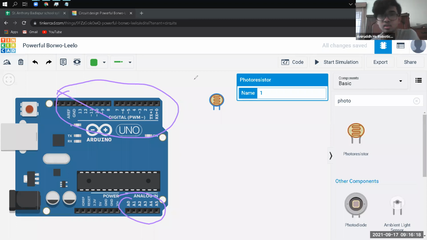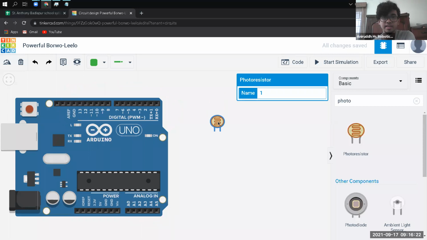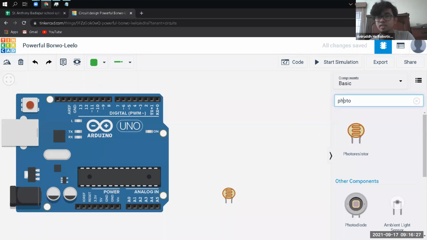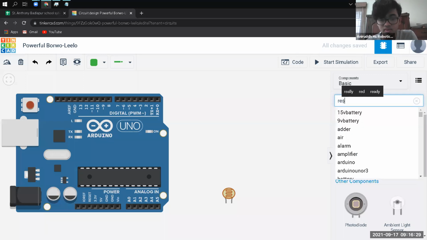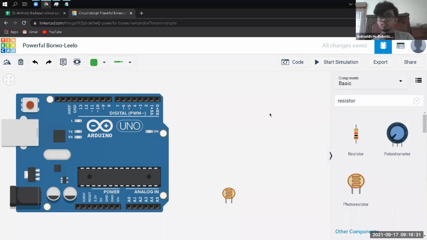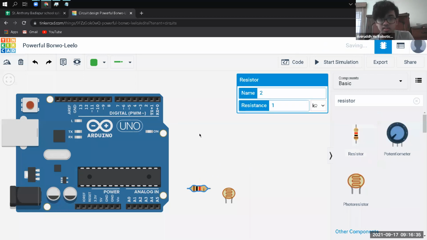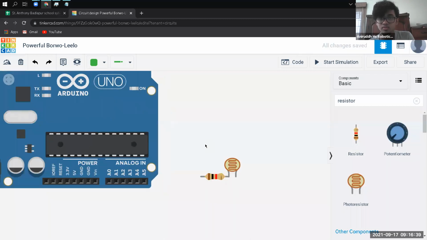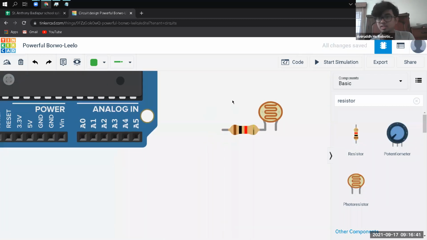So let's go ahead then. We'll take this resistor and keep it down here, and to connect it, we'll have to take a normal resistor like this, and you need to rotate it and attach it like this. Hope this is visible to everybody. So this is the first step in the connection.